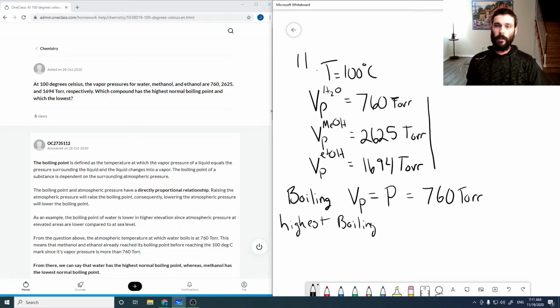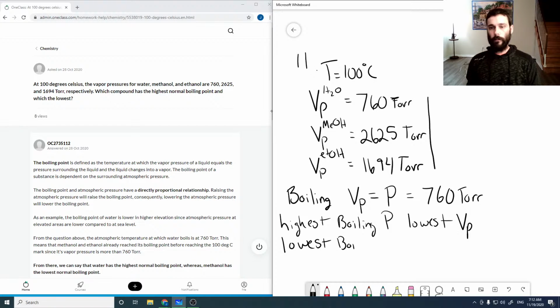So there's no kinks in it. There's no reason to assume that at a lower temperature the ordering of any of these compounds would change. So we would assume that the highest boiling point is the substance with the lowest VP, or vapor pressure,